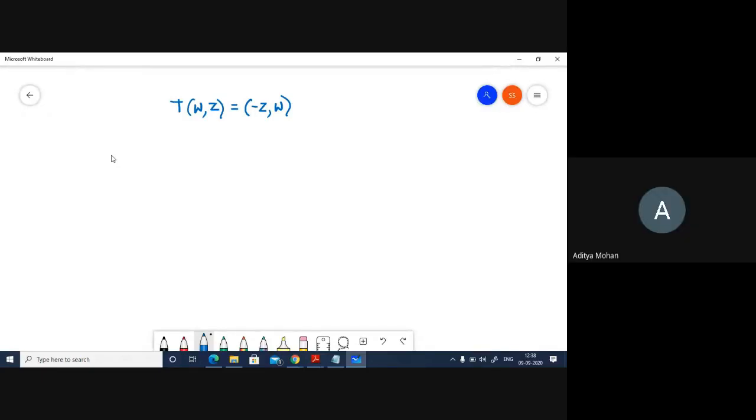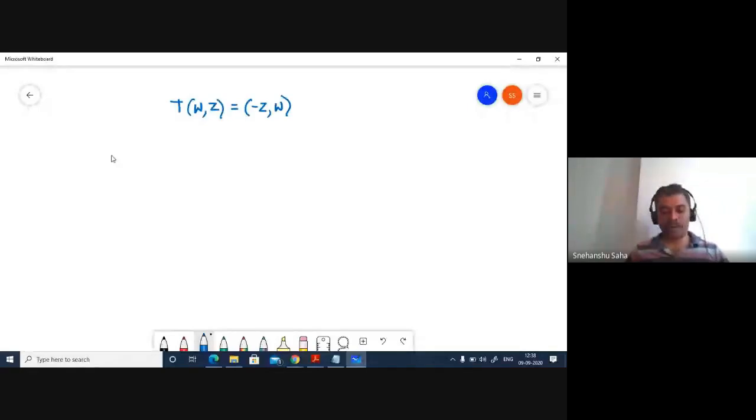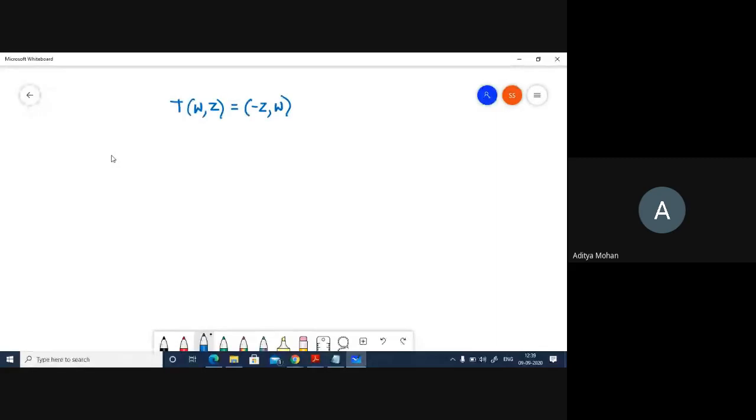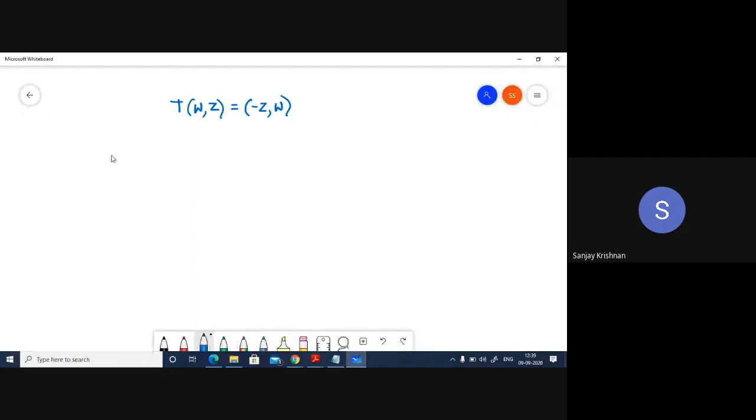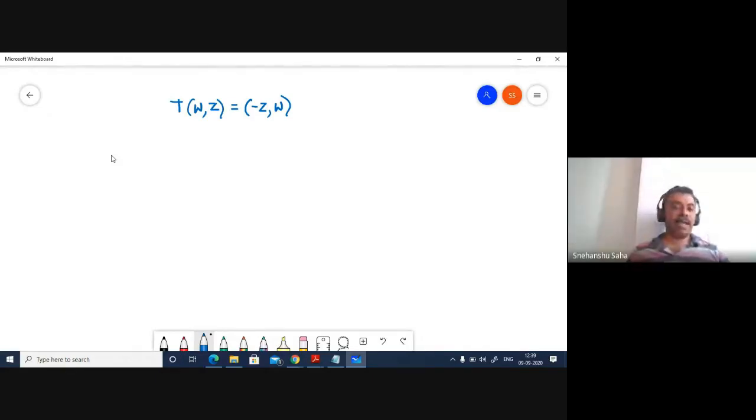Rotation. Yeah, rotation. Do you know of what degree? 180. 90. How do you say that? 90. Why? Like if you write it in components with sine theta, cos theta, the thing that solves it would be pi by 2. Right. Okay. Now, if I ask you, find me the eigenvalues of this guy.